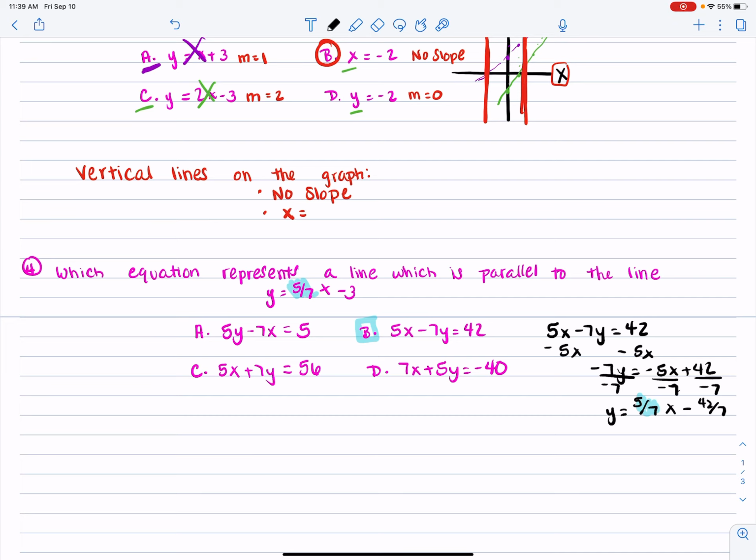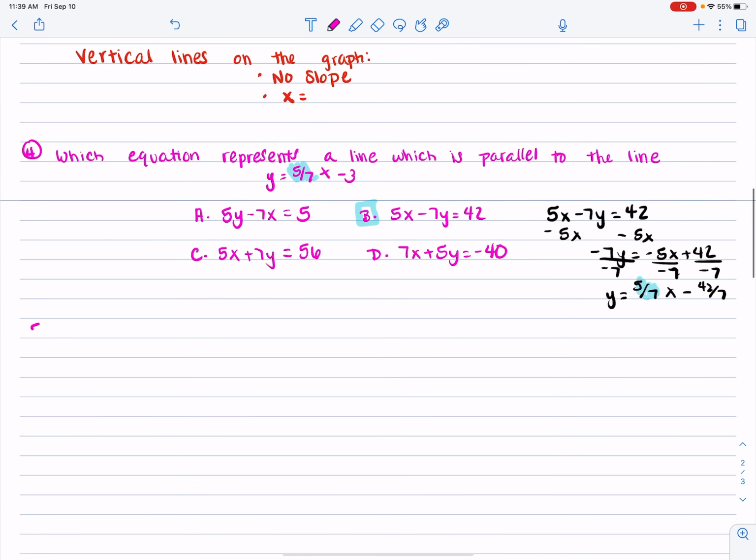Okay, last example. How to find a line that passes through a given point. So we are going to write the equation of a line parallel to y equals 2x plus 3 that passes through the point